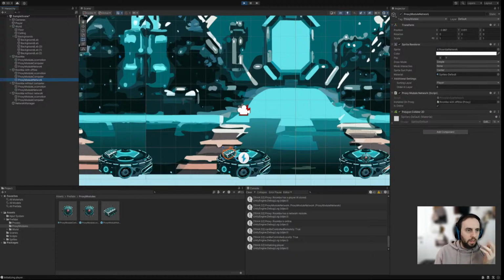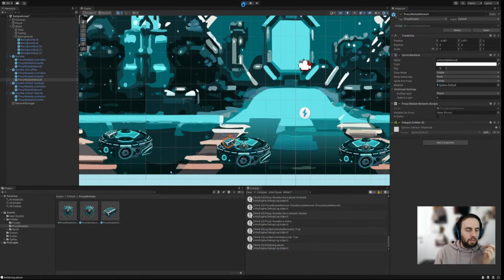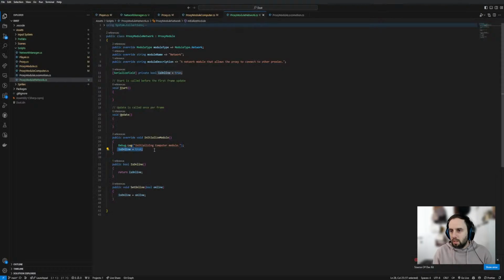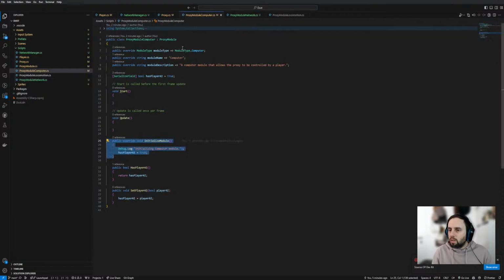Oh, yes. Meaning I should change it. Can I do this? Does that work? Yes, it does. All right, proxy module computer. Let's not do that again here. Let's just put it all in the